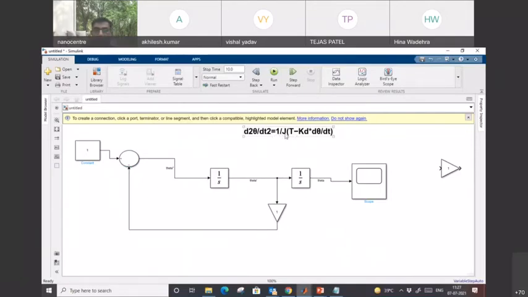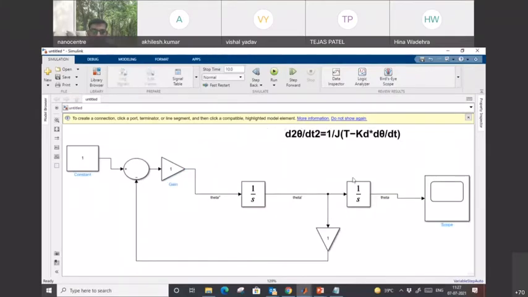One thing more, 1 by z is multiplied here. So let's say this is the 1 by z, and I added here, right? Okay, so now here will be theta double dash. So perfect. Our model is designed, right? Now we are going to give the name for every block so we can remember that.